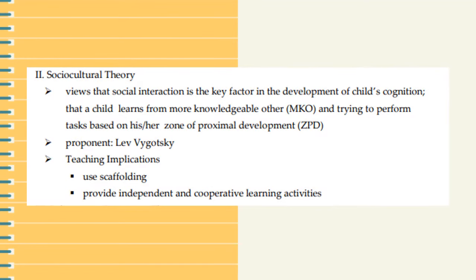Here is the additional information about sociocultural theory. It views that social interaction is the key factor in the development of a child's cognition, that a child learns from a more knowledgeable other, or MKO. It refers to someone who has a better understanding or a higher ability level than the learner with respect to a particular task, process, or concern, and trying to perform tasks based on his or her zone of proximal development